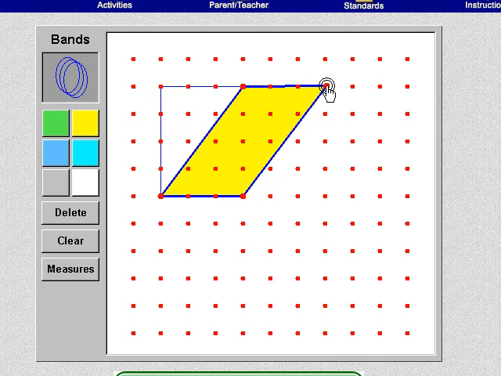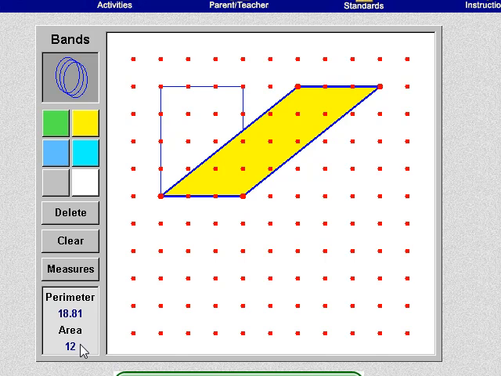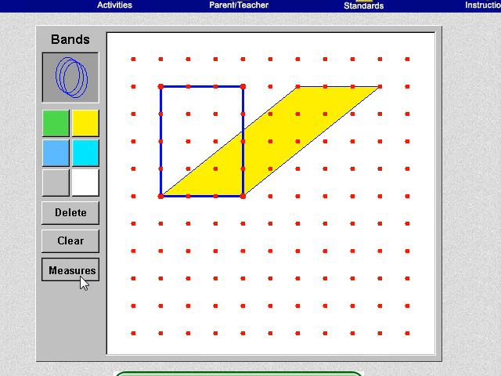It has to be the same area. So as long as I have the same base and my height is the same, then I'm going to have the same area. So here's my yellow one, area of 12. The perimeter changes, though, and that's something to take note of. Let's look at the measures of the rectangle. Area 12, perimeter 14. In fact, the further I stretch it over to the side, the longer the sides are going to be. It's like it's getting stretched out, but the area does not change. So it's important